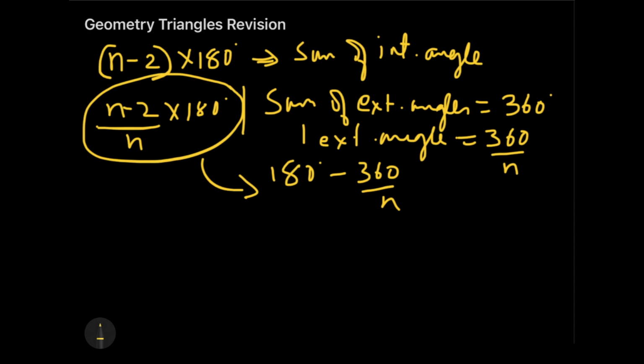Now something important to note down over here is the different types of triangles. So we know we have equilateral triangle, isosceles triangle, scalene triangle, right angle triangle. But I just want to take up one thing over here. When it comes to the right angle triangle, we know the Pythagoras theorem, okay? And if I construct a triangle, just assume that I'm making a triangle with sides AC, AB and BC. So the hypotenuse square is equal to the sum of the squares of the sides, the height square plus the base square.